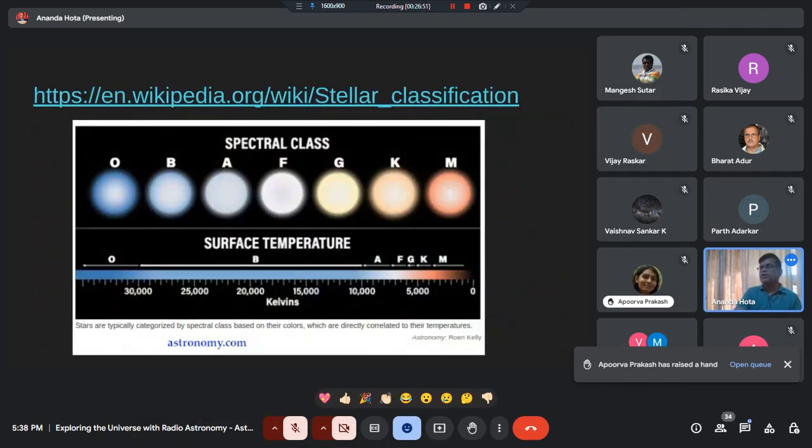Okay. As I was describing, an O and B type star, which is 10,000, 20,000 degrees surface temperature, will be looking blue. Blue is white. A sun-like star will be looking yellowish, which is around 7,000, 6,000 degrees hot. And much cooler than that, 5,000 degrees, is a very red looking star. For example, Ardra, our Betelgeuse, a red giant. The surface temperature is cooler compared to Swati, the blue star.